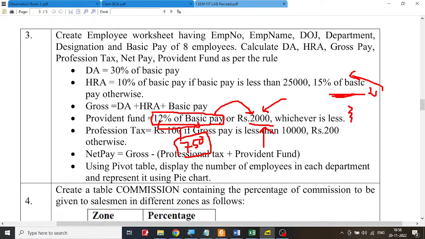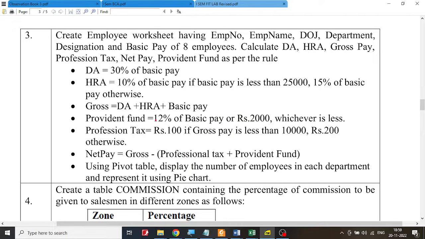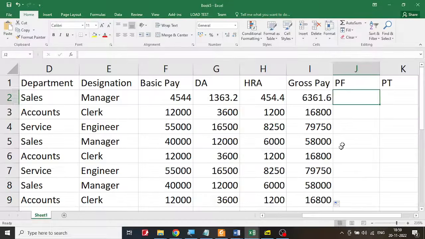So what am I supposed to do? First, I am supposed to calculate this one, 12% of the basic, and then compare that with the 2000. If it is more than 2000, cut off at 2000. Otherwise, retain it. So let me write the formula. So first of all, I am going to calculate the 12% of the basic. So how do we calculate the 12% of the basic? So it is 0.12, that is 12%. I'm going to use the if condition because I need to calculate that then. So if